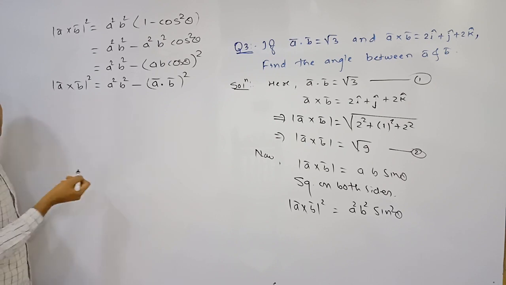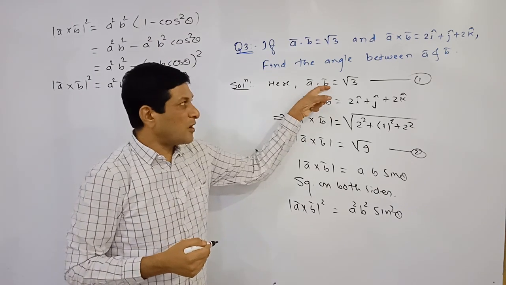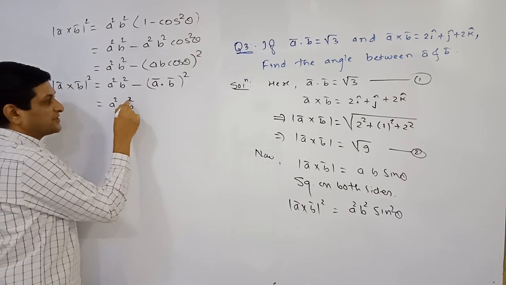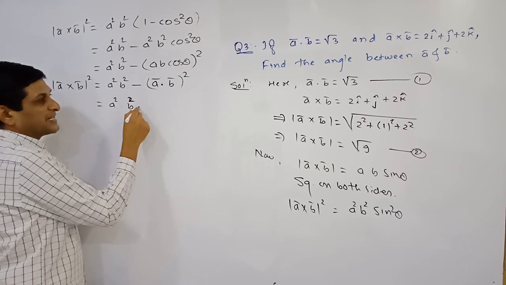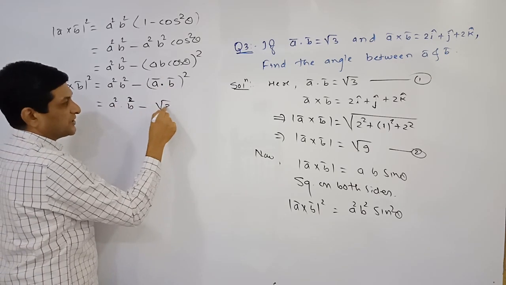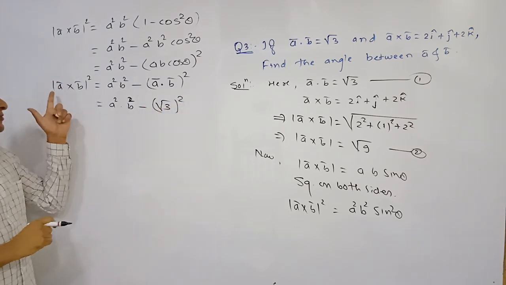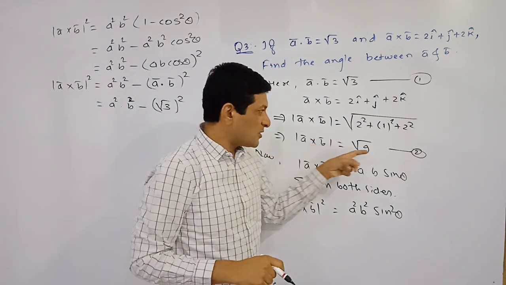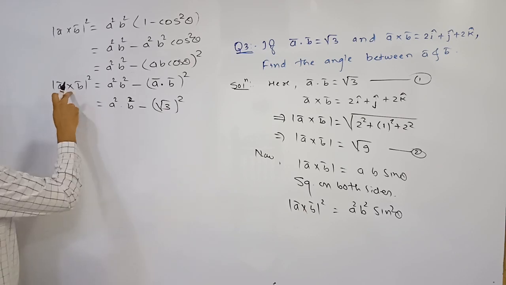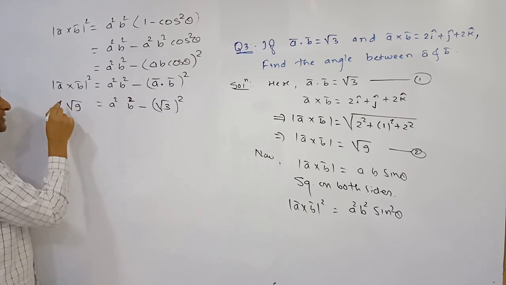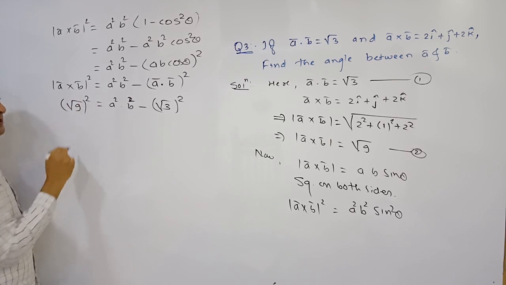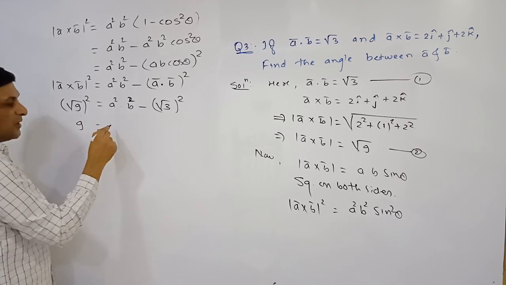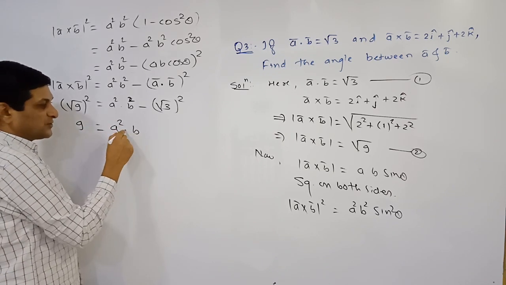Okay, now we are substituting the values. The value of the dot product is equal to root 3, so replace the dot product by its value. A square B square stays as it is, and here the dot product will be root 3, with the square kept as it is. On this side we substitute the magnitude of A bar cross B bar, which is root 9, with the square kept. What is the square of root 9? The square and root cancel, so we get 9. On this side, A square B square stays as it is.